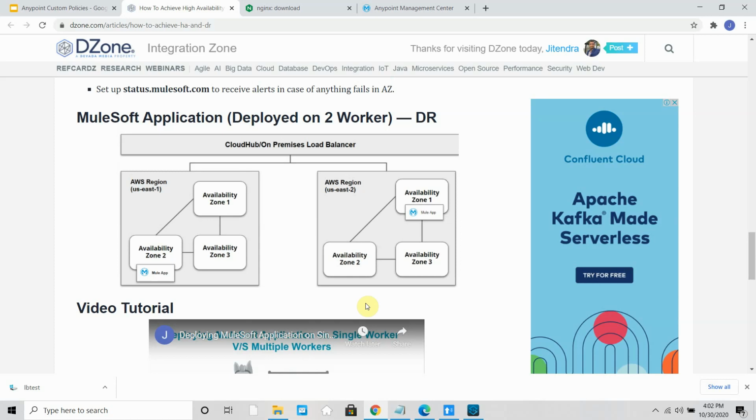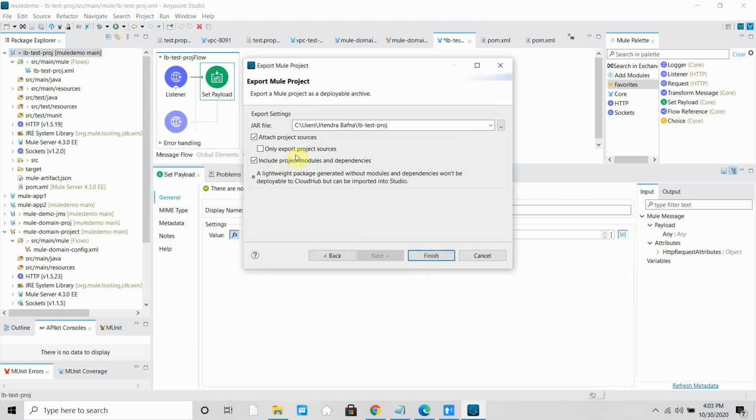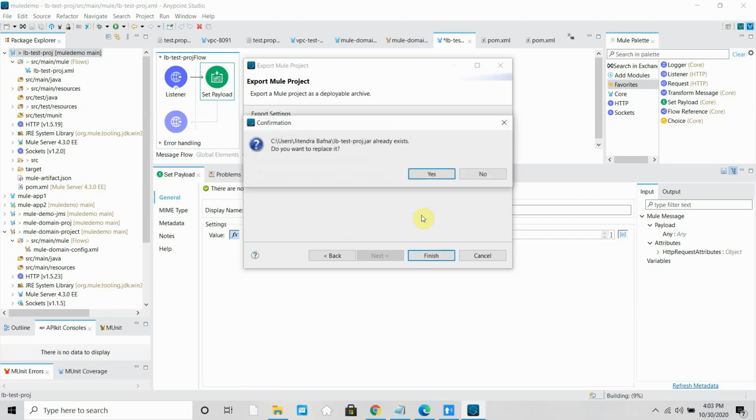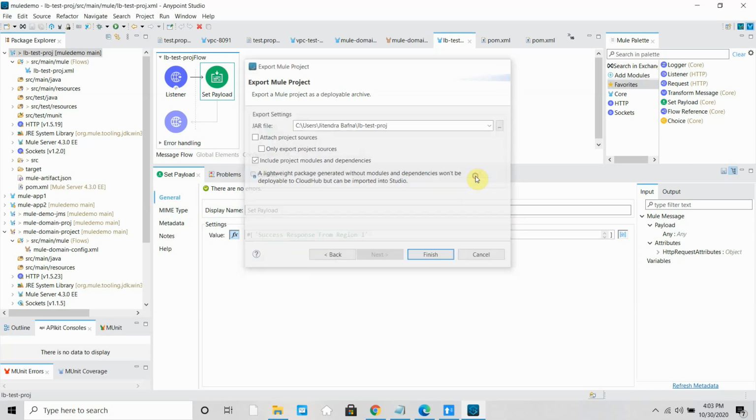First, I have a Mule application which has an HTTP listener on port 8081 and returns a success response from region 1. Let me export this simple application. I just want to show you the concept of how we can implement disaster recovery. I am exporting my application, I will say OK.